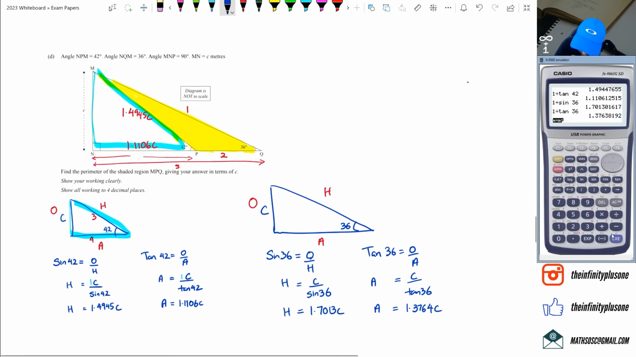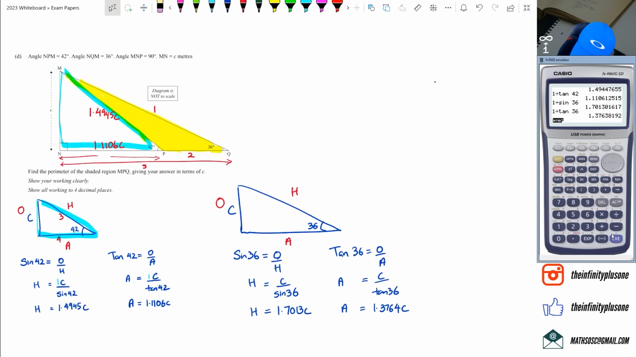So let's go back and put these numbers up again. The hypotenuse, which I think in this case was number 1 and 5, 1.7013 C is there, and then that number 5, which is that big distance there, is 1.3764 C. So my length 2 there, which is PQ,